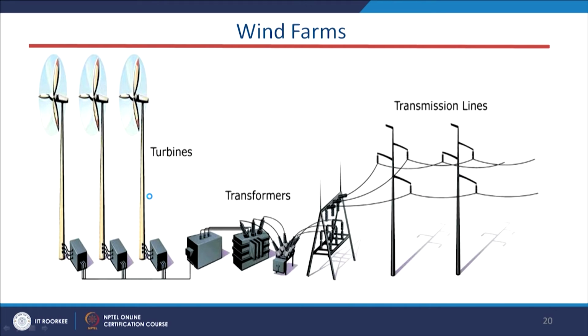Now, this is a very typical wind farm picture. Here we have the wind turbines and the generator. This is the nacelle section where the generator is present, and from there we take out the electrical power. These are the transformers, which step up the voltage to a higher level, and further step it up again, and this voltage or power will be sent to the nearest grid system. This is a grid-tied wind farm system.